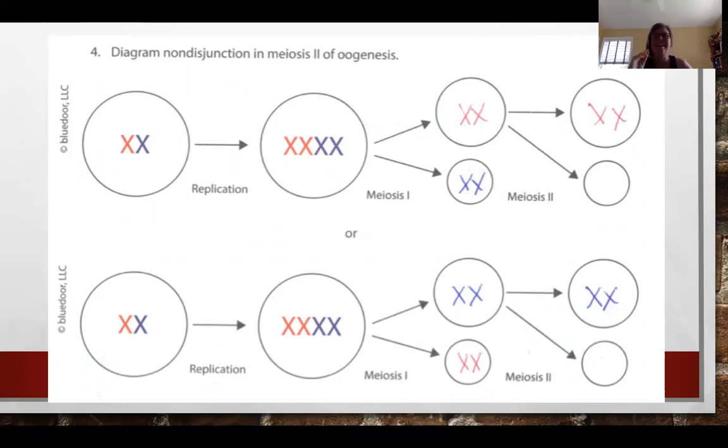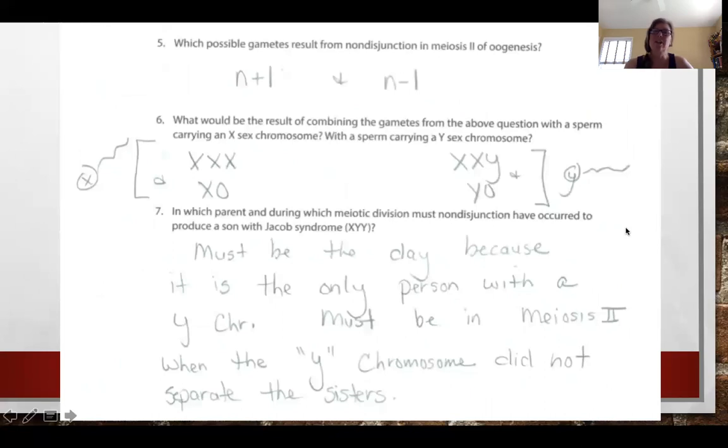So again, you can pause this and then copy this down. It's also in the book review too, which is not a video. So then it asks you, based on that picture, what are the possible gametes? And again, that's where you're going to say, well, you're going to have N+1 or N-1 with meiosis 2. Right. Now you could just say N, because the other chromosome that separated may have been normal,